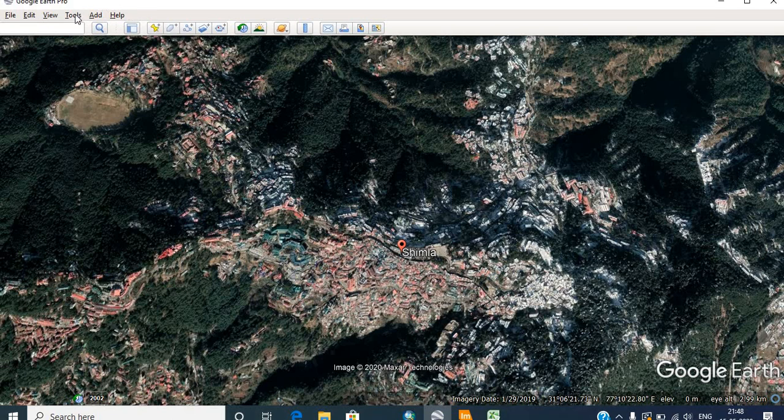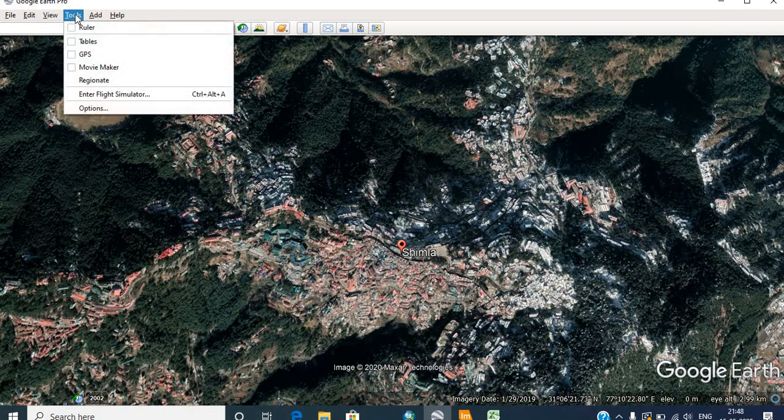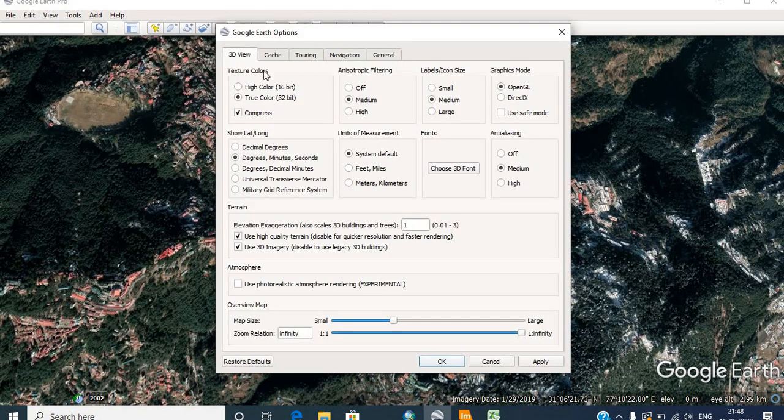Before downloading the image, we can also check from the tools and the options, the Google Earth options, for example 3D view and all this, but the important one for us is just to look at the display units of the coordinates, for example decimal degrees, degrees minutes seconds, or universal transverse Mercator, but it is already DMS, so no problem.